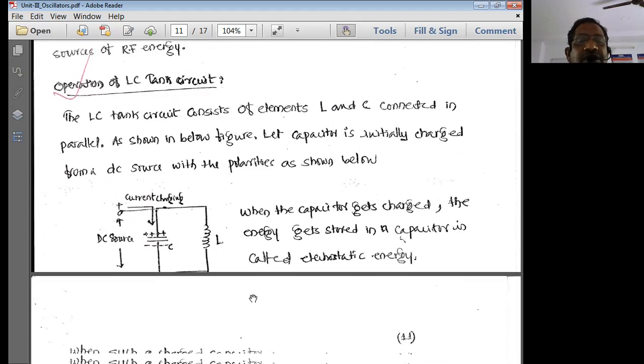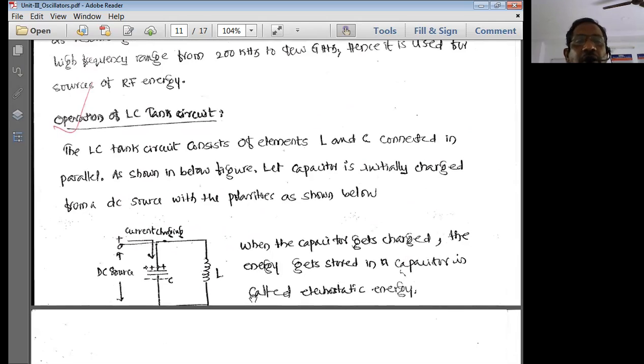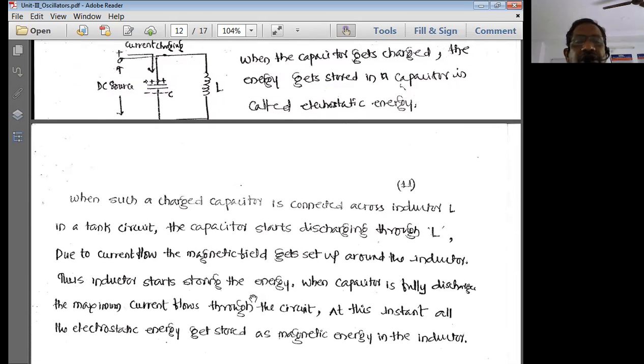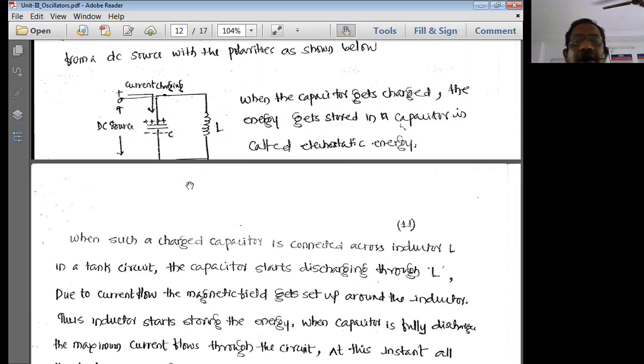Now the basic operation, that means how the LC oscillators are normally going to operate. It's a very simple operation. We connect L and C in parallel. Before connection, L does not have any energy stored inside it, and the capacitor, after it is totally charged, is connected in the circuit. Because this capacitor has some stored voltage, it is going to discharge through the inductor L. While the capacitor discharges, the inductor charges. After the inductor charges completely, the inductor is going to discharge.